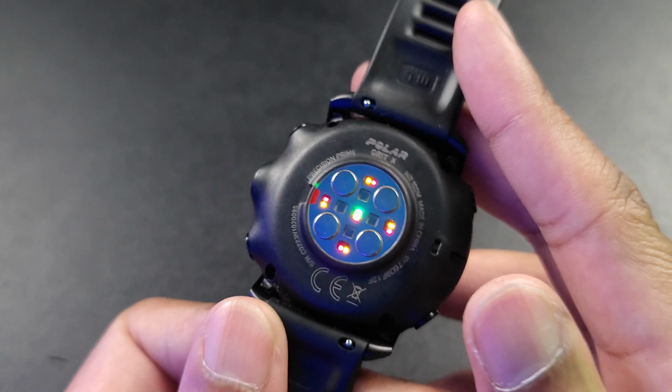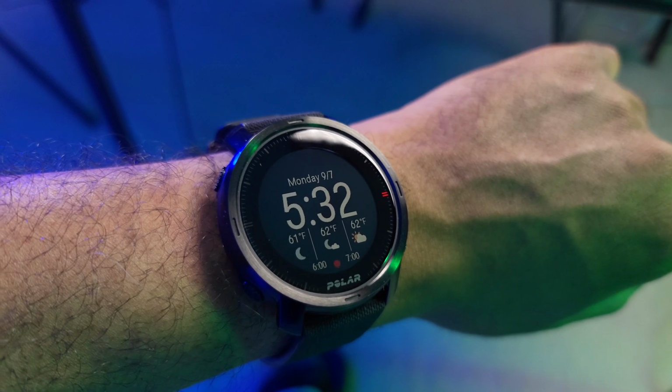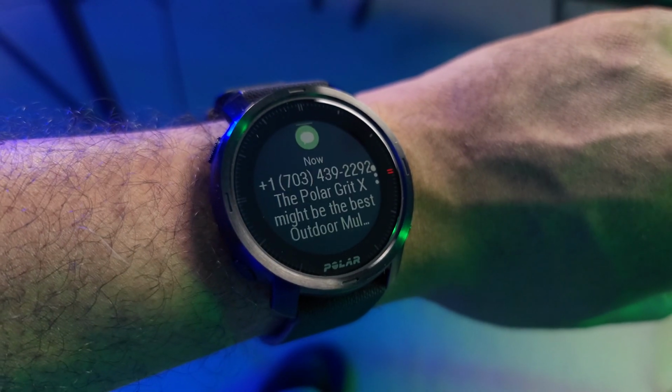Alright, so let's talk about battery life. This is the next good thing, and with the Polar Grit X, you can expect to get anywhere between 4 to 7 days of battery life in normal watch mode, and that means you're going to have notifications coming through from your phone and continuous heart rate monitoring. Now, if you're out exercising and using the GPS, that is going to reduce the battery life, so it really depends on how much you're using that GPS, and if you are, maybe you get a few days less. Maybe you go from 7 days to 5 days, or if you have a lot of notifications like I do, I get them coming in almost constantly,